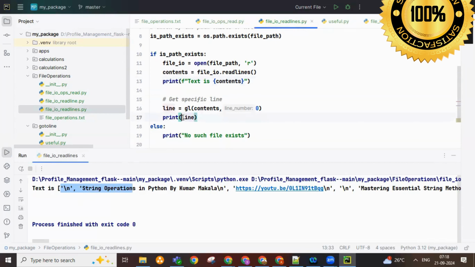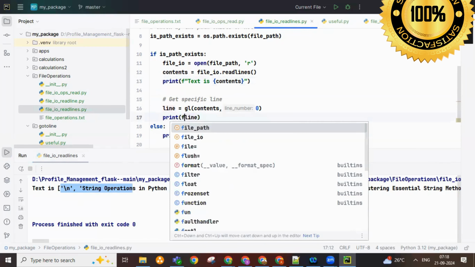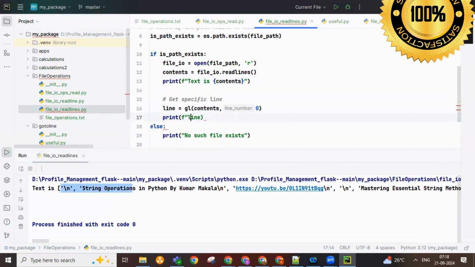And if you want to print the line, say line number. Whatever number you are passing here, it should print the line number based on the parameter. You can pass line number zero is line. Got it? And you should end the quotes. Right. Line number zero is empty. Got it? And if you put line number one or line number, let's say